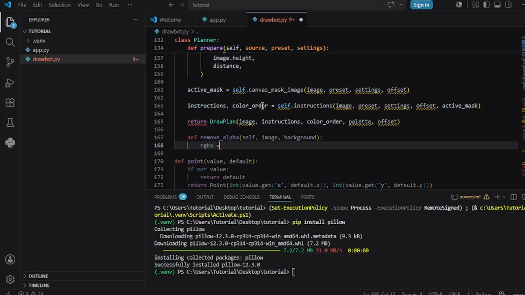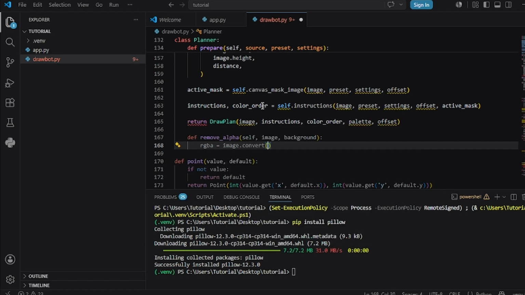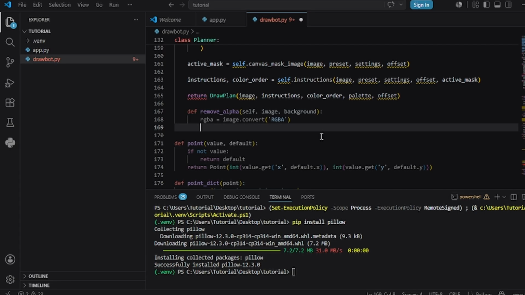So RGBA can be equal to image.convert RGBA. And this basically receives an image and then returns a copy with 4 standard channels. And then we can do base equals image.new